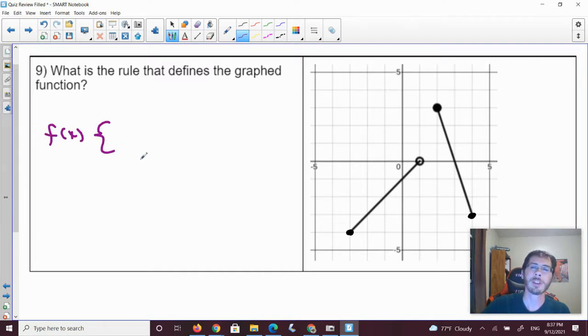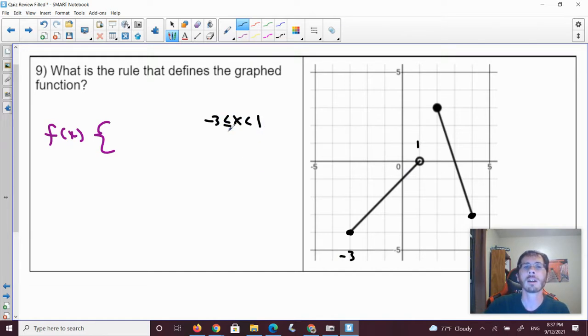So we're going to get a top equation, a bottom equation. I want 2 equations because there's 2 lines. So the first one, at least I can tell what I'm going from: 1, 2, 3, out to 1. So for the first equation, I know I'm going from -3 to 1. So we'll write -3 ≤ x